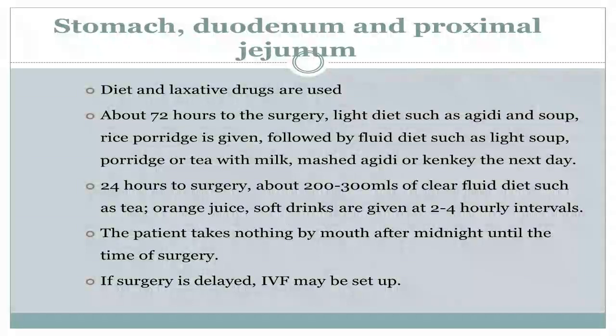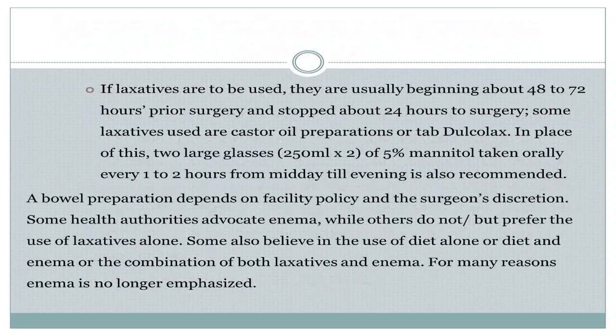24 hours to surgery, about 200 to 300 ml of clear fluid diet such as tea, orange juice, soft drinks are given at 2 to 4 hourly intervals. The patient takes nothing by mouth, that is nil per os, after midnight until the time of the surgery. So if the surgery is delayed, IV fluid may be set up. For any indication that may allow the surgery to be delayed, there's a possibility that we give IV fluid in replacement of any fluid loss. If laxatives are to be used, they are usually